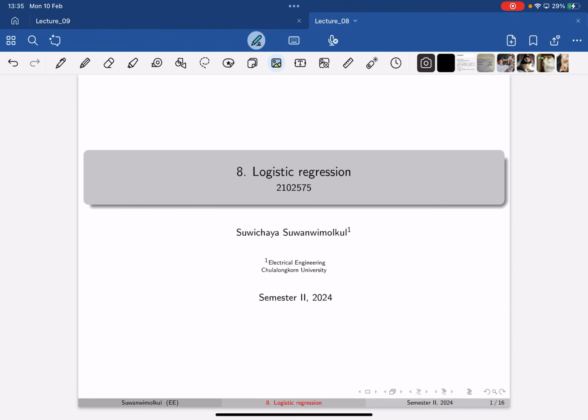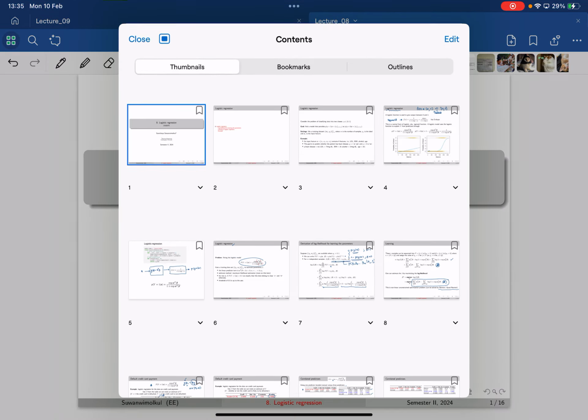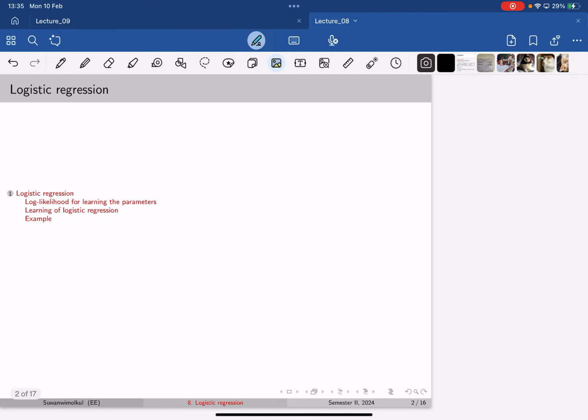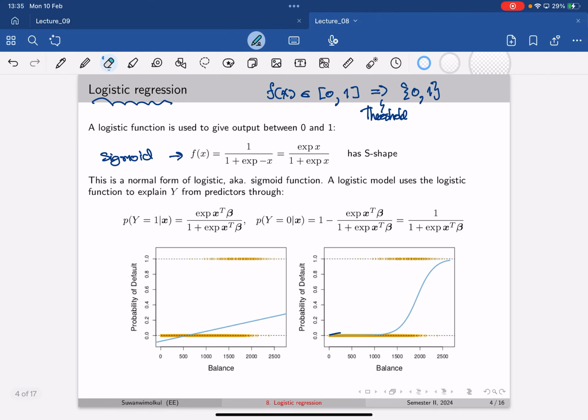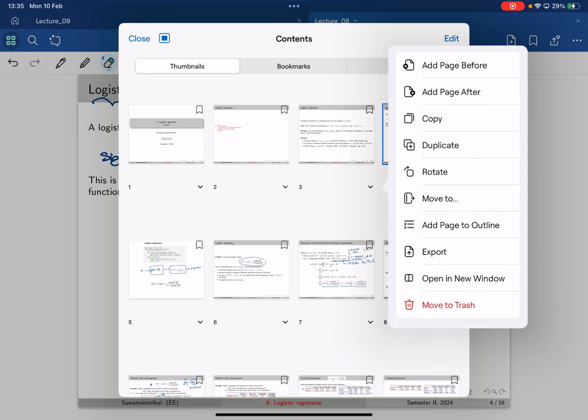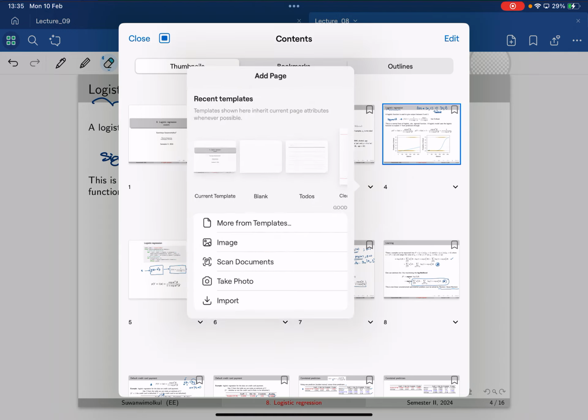Okay. So today's topic we will talk about logistic regression, and I think simply, logistic regression is actually what we would call a nonlinear model. And when we say it's nonlinear, that means that we are using a nonlinear function to map. But simply put it, when we talk about logistic regression, it is like